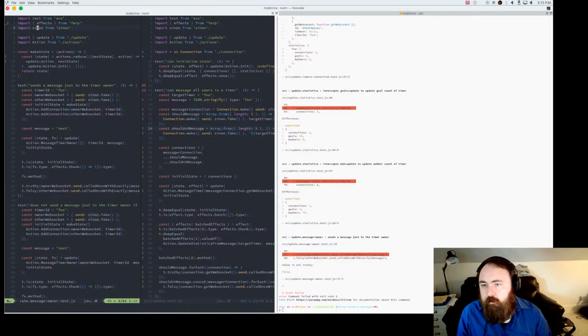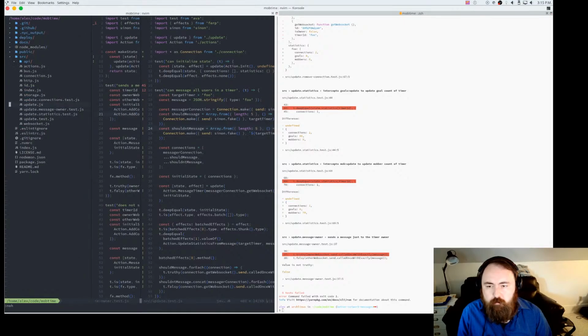Weird. Alright, so messaging the okay, well we're actually here anyway. So we had 2 WebSockets. Actually, that reminds me.